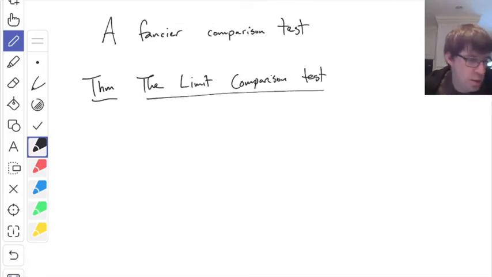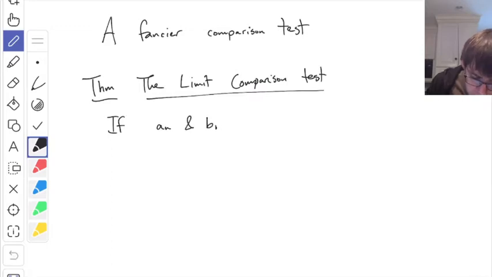The limit comparison test. And it's still about, I give you a series and you come up with another one which looks kind of like the original one, and you compare them. But you don't have to write inequalities, which makes it a little easier in my opinion. So here's what it is. First of all, you still need the terms to be positive all the time. So if a_n and b_n are always positive, none of this comparison business works if you have a mixture of signs. So if a_n and b_n are always positive,